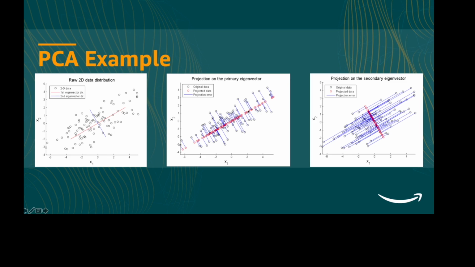Now at the receiver end, it will receive the projection along the first eigenvector. Of course, you also send the first eigenvector to the receiver, which is just a one-time job, and using the projected value and the first eigenvector, the receiver will be able to recover the data point in 2D, right? It is just multiplication of the projected value into the first eigenvector. So this way we are able to reduce the amount of information that we are sending by half, right? And we achieve the data compression with minimum loss.